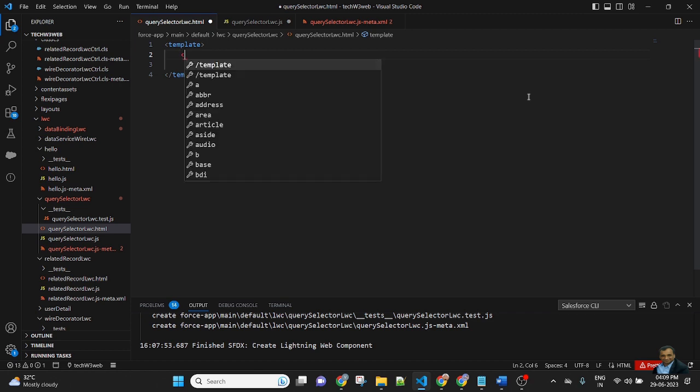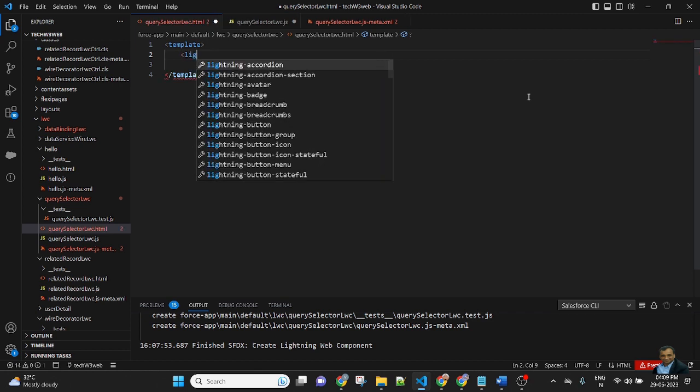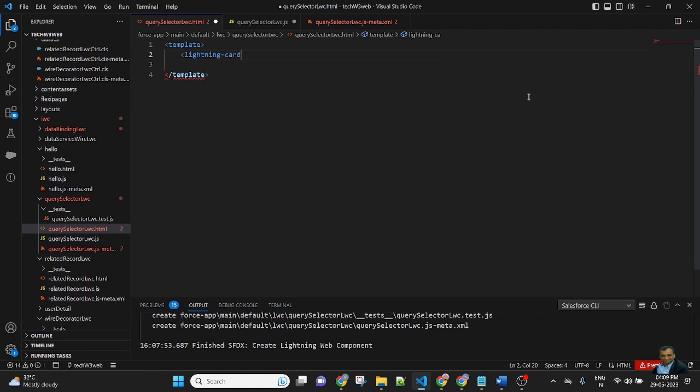So, lightning card, title, use query selector in LWC, and icon name equal to custom:custom13. Inside the card, I will create